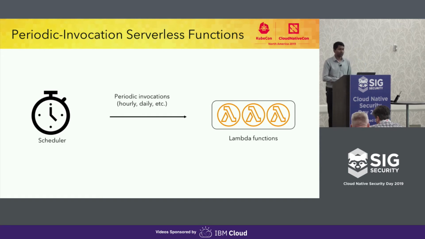Periodic invocation serverless functions are nothing but, think of it as, a glorified cron job that we have all used in the past. They are invoked periodically, every minute, every hour, daily. They can be customized. And when one gets invoked, it performs its job, and then uses some asynchronous mechanism, or sometimes email, to pass the results to the function or the service that is calling.